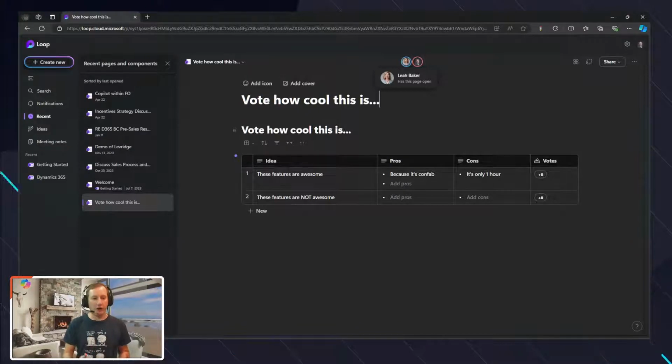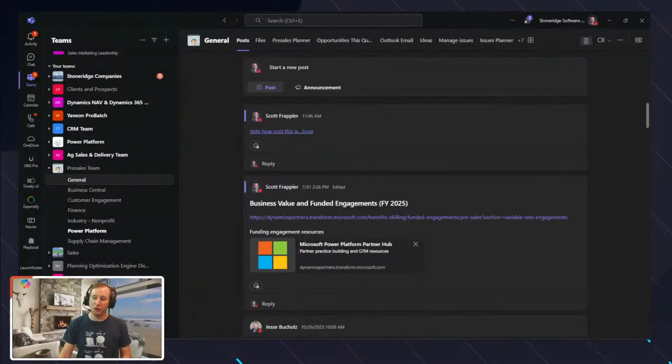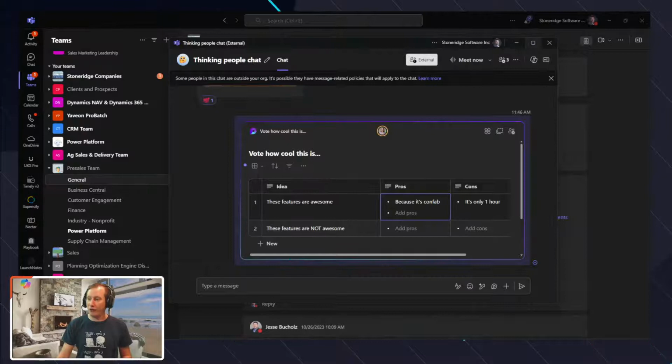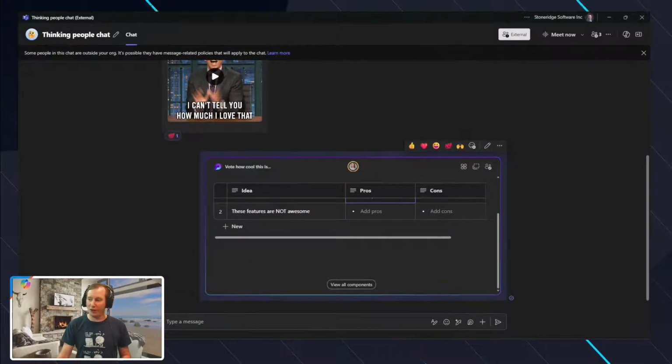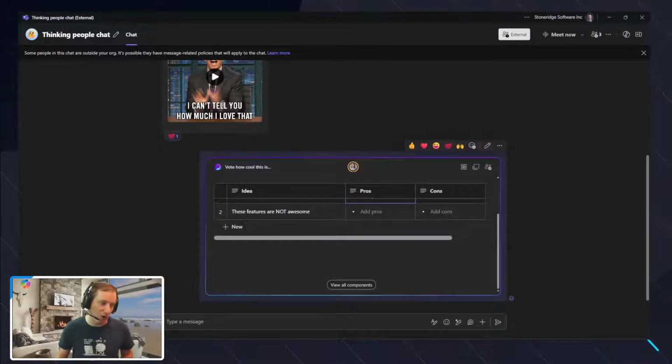This loop concept is going to become more important in the future in my mind as well, meaning loop inside of Dynamics. I want it so that inside of Dynamics 365 Sales in our timeline, if I do something like this, that component will be accessible inside of the timeline. Those are going to be some of those features that you're definitely going to want in the future. So if you haven't used that loop component, I definitely recommend that you consider it, because it does provide a lot of great capability in that regard as well.